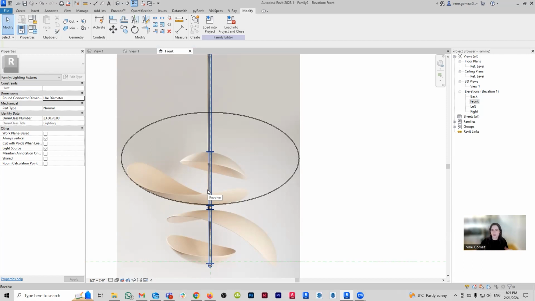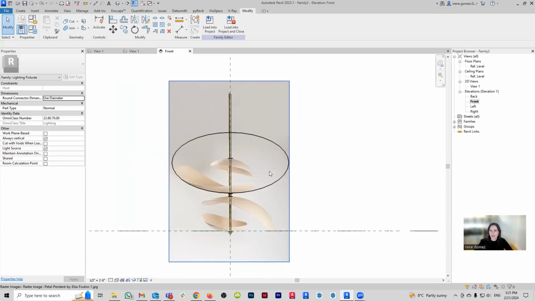But on the other side, it's going to be more fun this way because I get to just play with it until it looks the way that I want. So the one thing that we need to do here is that because this is going to be a void extrusion that is not perfectly straight or perpendicular, I'm not going to be able to work with the reference planes that the lighting fixture comes with as a default.